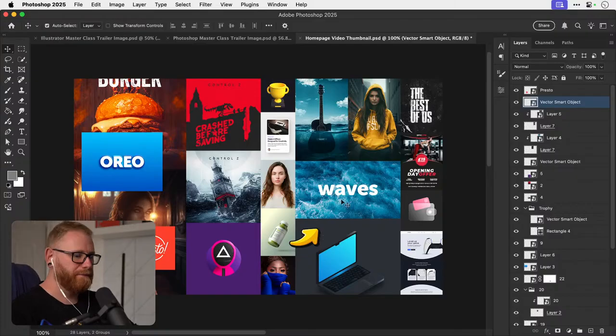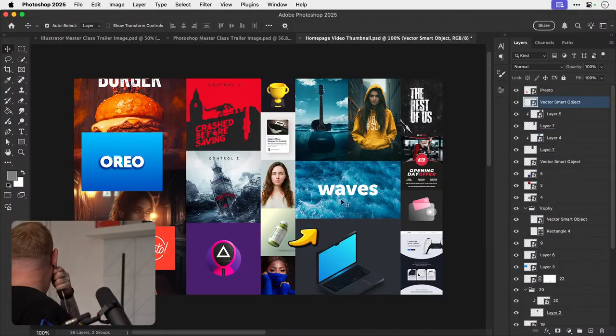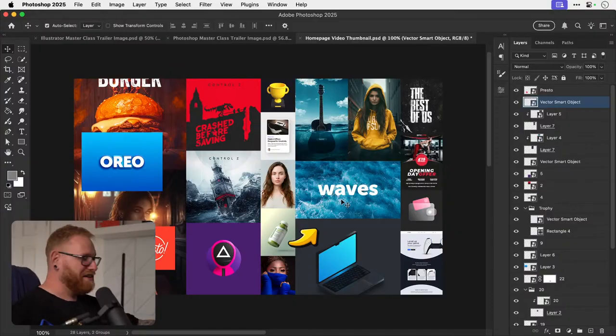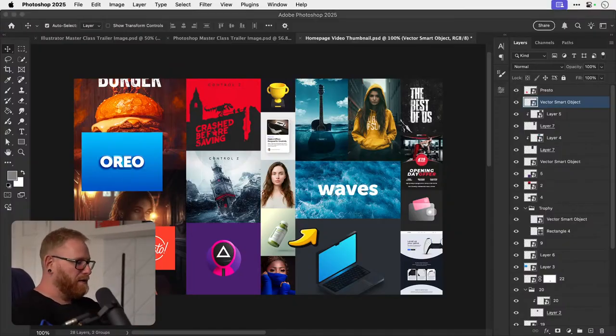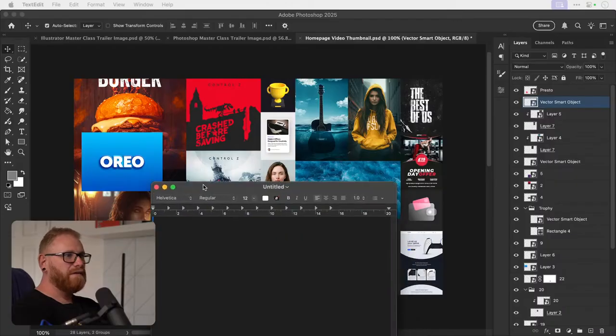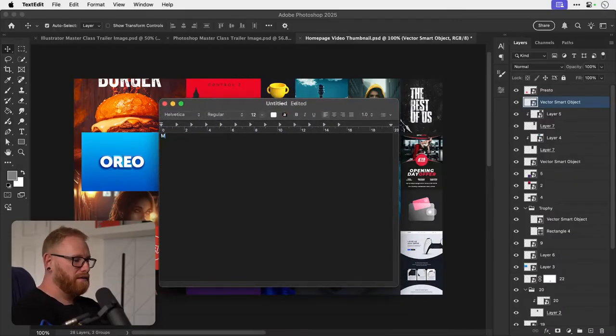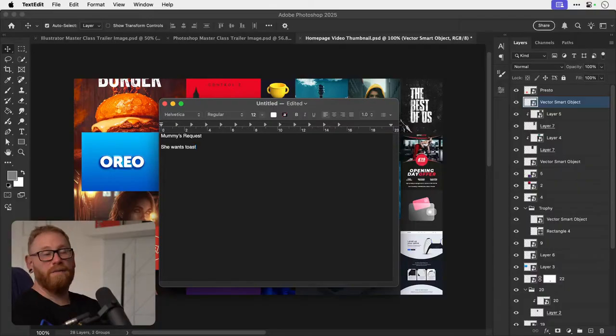It's weird. Oh, someone's behind me. Who is it? I have a request. Mummy has a request. All right, let me get a notepad up. I'll just get ready to make a note. So, right, Mummy's request. Go on then, shoot. What's the request? She wants toast, but I'm making it. Oh, but you're making it.